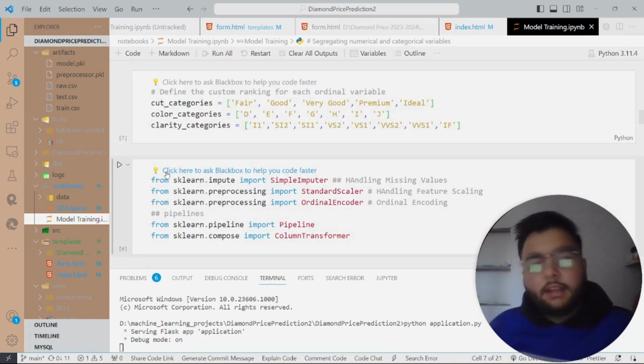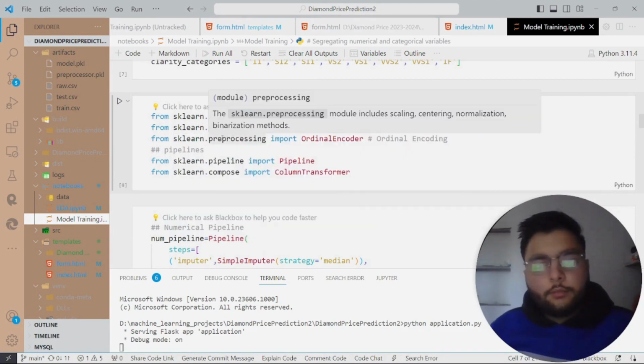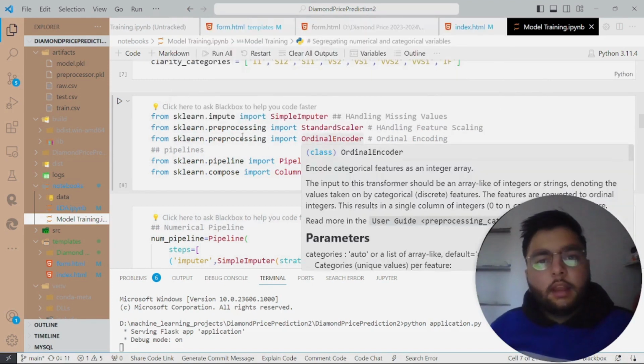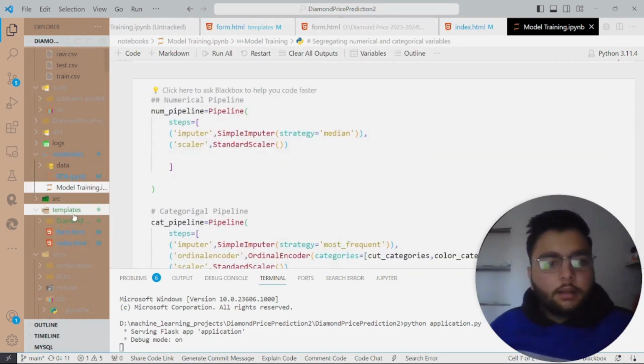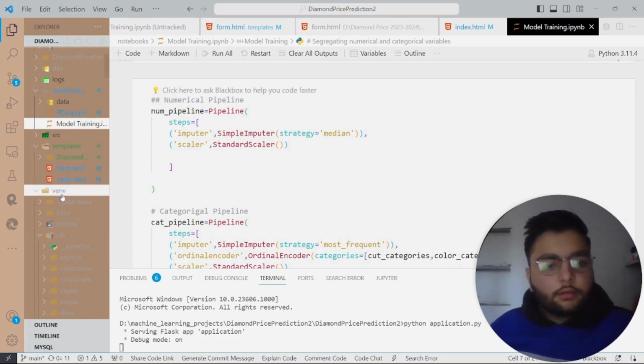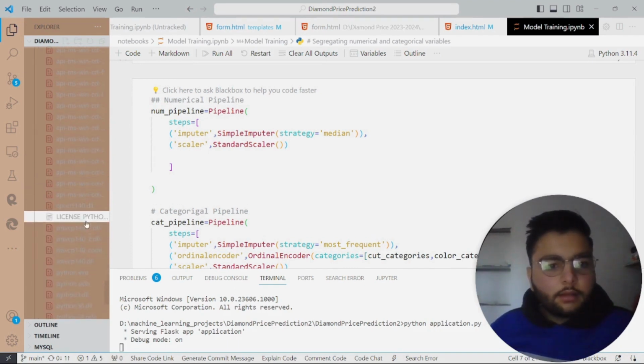I am giving you a fast review of my project so that you can get an idea regarding an end-to-end project. After that, I have done ordinal encoding in order to convert the categorical data to numerical data. Now moving ahead to our next part, which is model evaluation. So let's quickly move further.